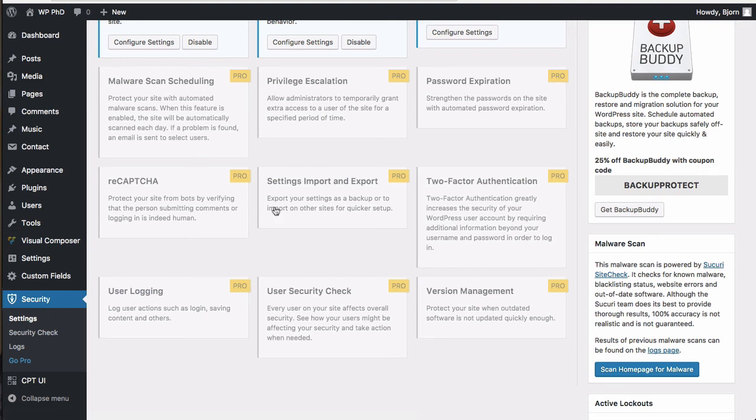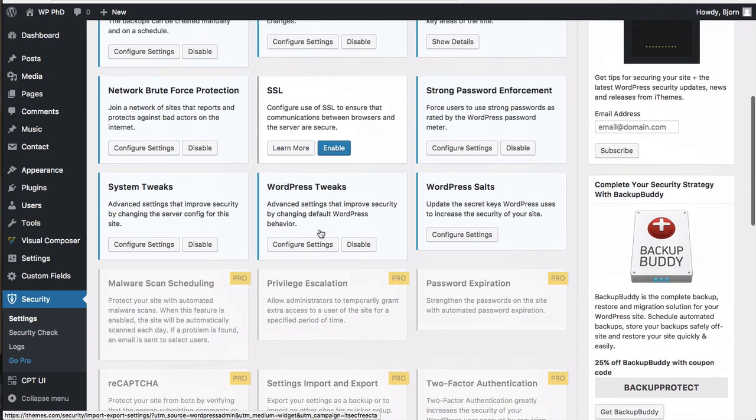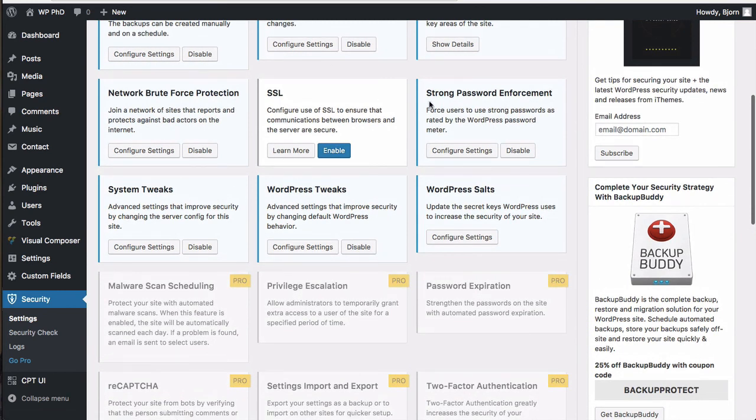There's a lot of stuff in here that you could do for free, or you can buy the pro version, it's up to you, but the free version does a heck of a lot. And I recommend that once you know what you're doing, once you know all the stuff that's going on with WordPress security, use this plugin to make your security life faster, easier, more automated, and easier to maintain. So that's how we use the iThemes security plugin.